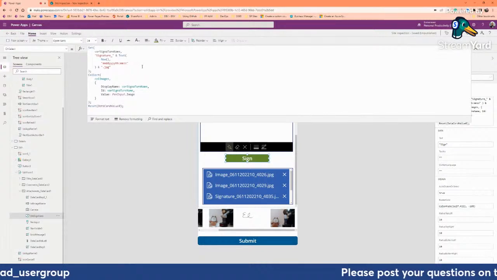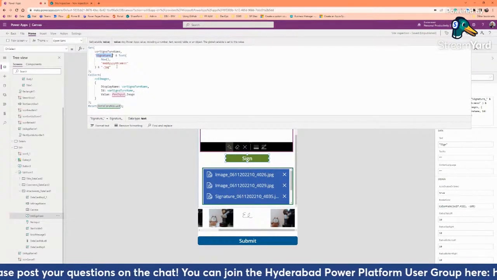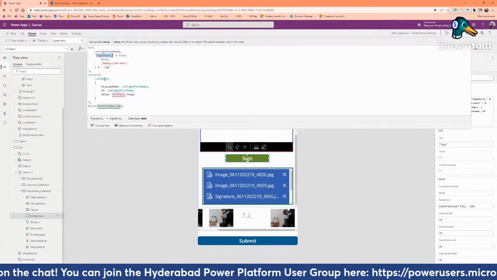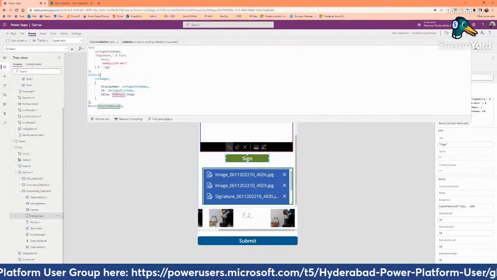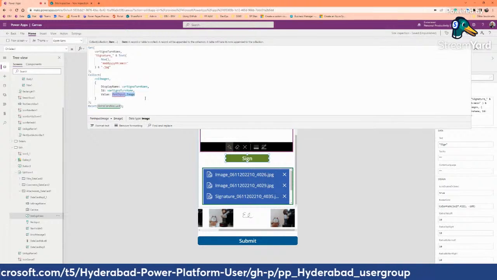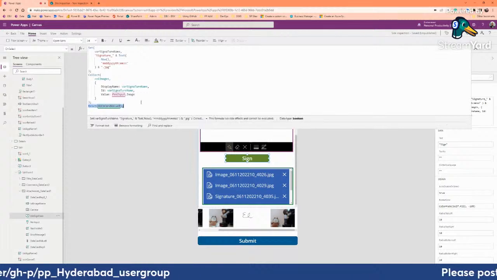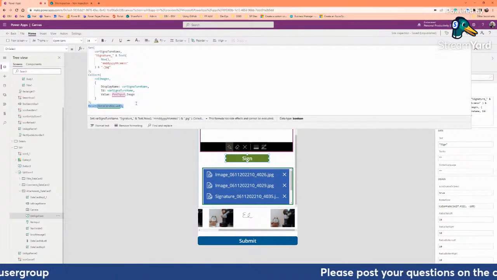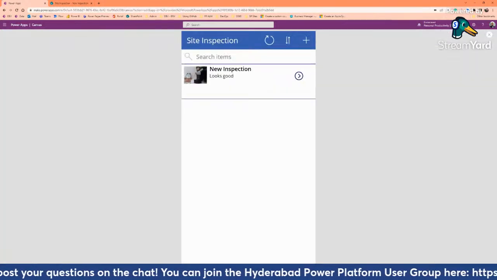That's exactly the same as when we are taking pictures. Create a variable, and then just hard-coded here, signature underscore, and then the date, and then that goes into the same collection. The same way, but now I'm taking the image from the pen input, and again reset the data card value, and this is it. So we can go here, play,